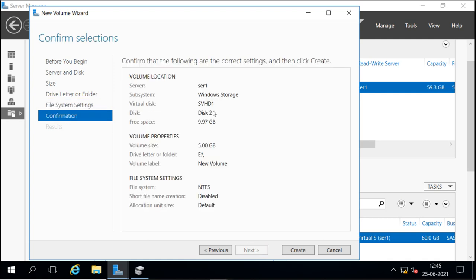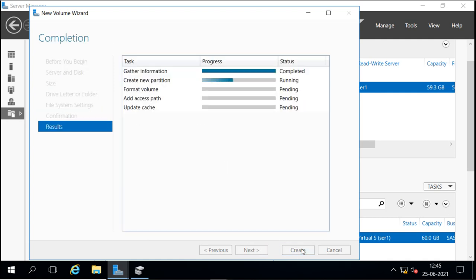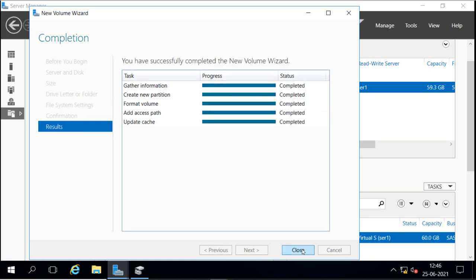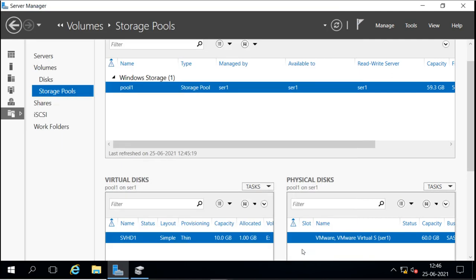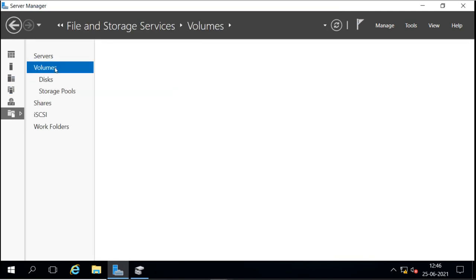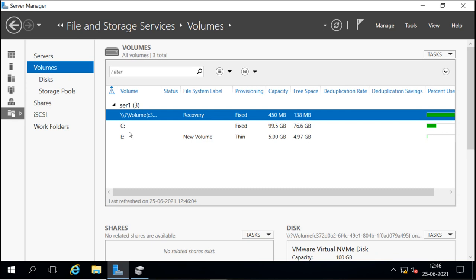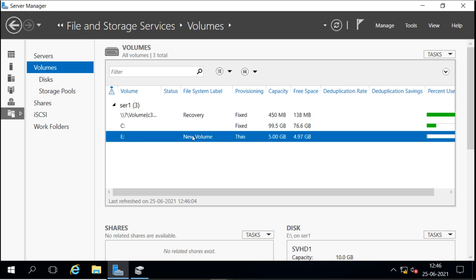This is what I selected and created. So the volume is created. Now we can see the volumes here. This E drive is created of 5 GB out of the virtual disk, and you can see the provisioning is thin.